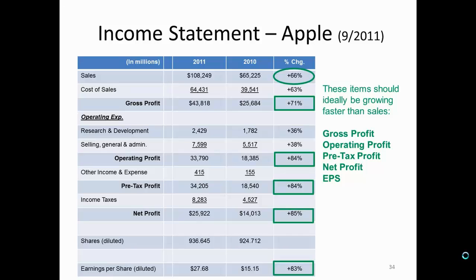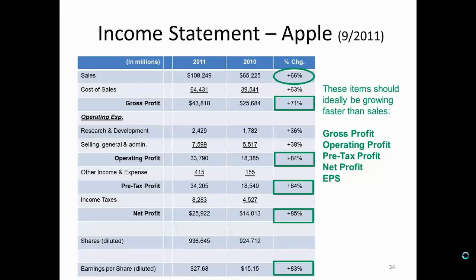So quickly, we have 5 lines on our income statement that are the results of doing either subtraction or, in the case of EPS, division. These are gross profit, operating profit, pre-tax profit, net profit, and EPS. We are looking for all of these items to grow at least as fast as sales and even better, faster. And in the case of Apple, woohoo, their sales were up 66%, but even better as a shareholder, the EPS